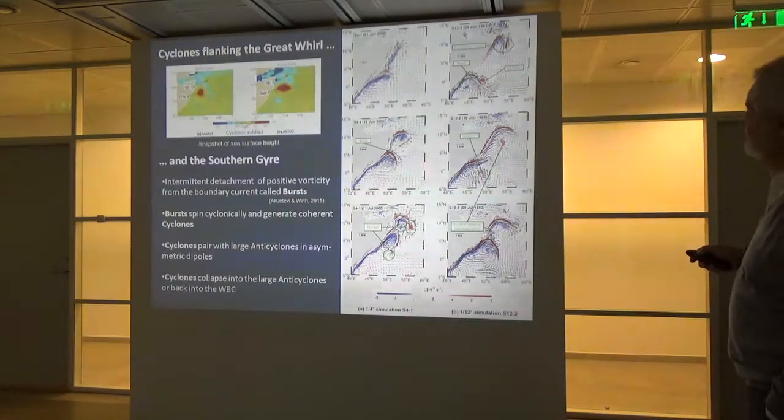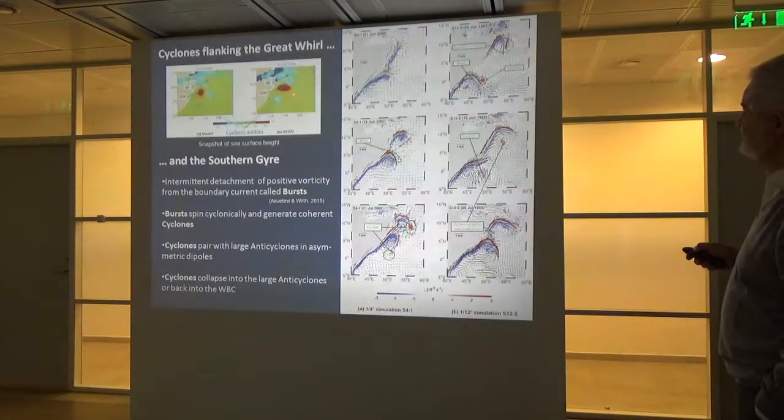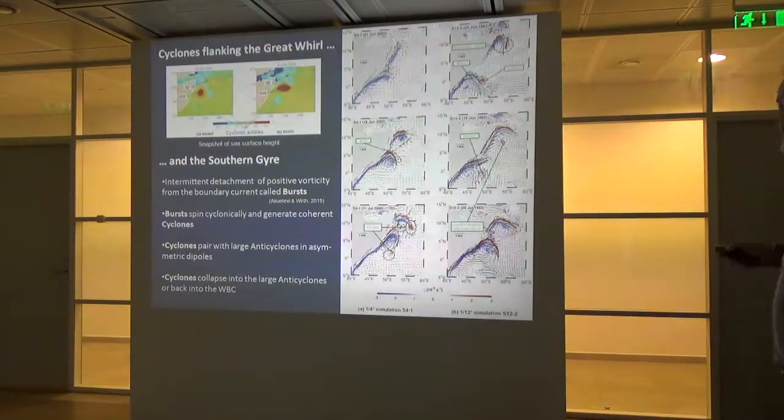So this is observation from satellite altimetry, where we have the Great Whirl over here, and we see several cyclones flanking it. And when you look, this is a 1/4 degree simulation, that's a 1/12 degree, and you can see that